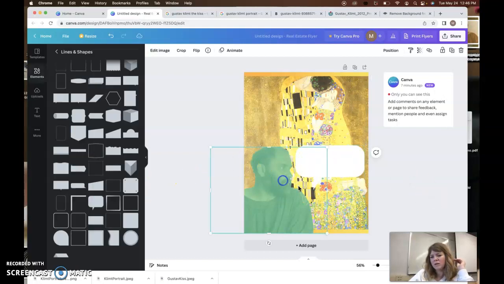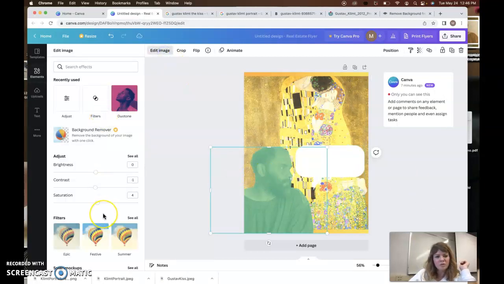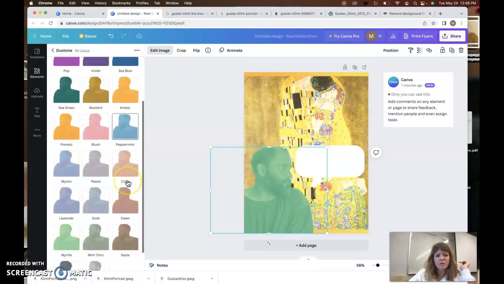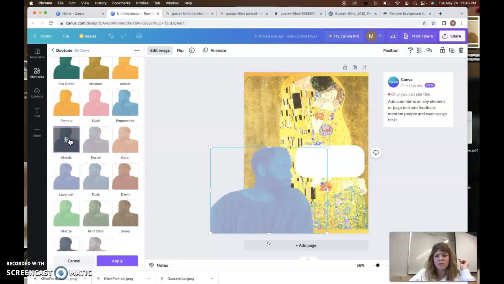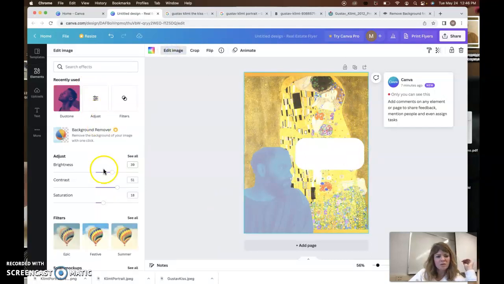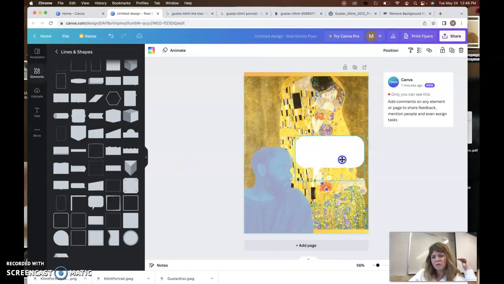I'm not loving the color of Gustav himself, but you know, that's okay. I'm not sure if I'm going to find something that I like. Maybe this blue is a little better, but okay. And maybe the brightness on that is a little too high. Okay, and then this is where I can find a Gustav Klimt